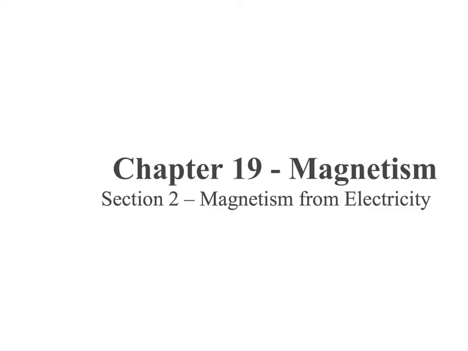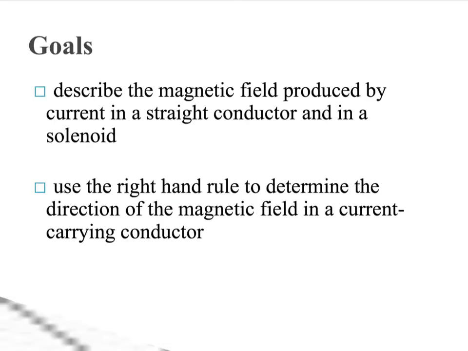Welcome to Chapter 19, Section 2. We're going to talk about how we get magnetism from electricity. So what we're going to do is describe the magnetic field produced by a current in a straight conductor and in a solenoid. And then we're going to use something called the right-hand rule to determine the direction of the magnetic field in